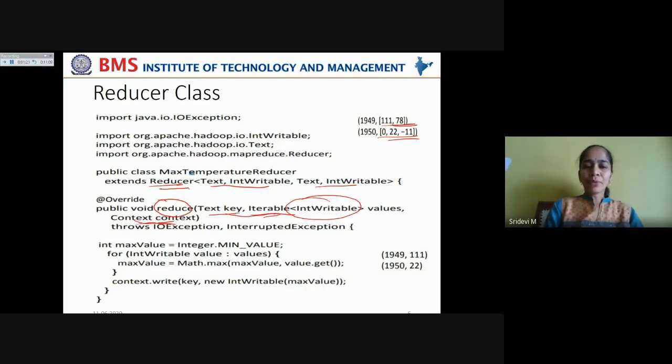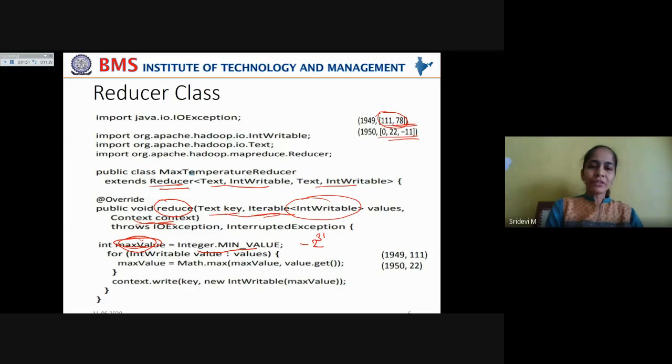Okay, now you have to take the max value as the minimum value possible, so that it can be compared with each of these temperature values, and whenever a particular temperature is greater, that will be made the current maximum, right? So in this case, you are taking Integer dot MIN_VALUE as the max value, and I already said that this value is equal to minus 2 power 31.